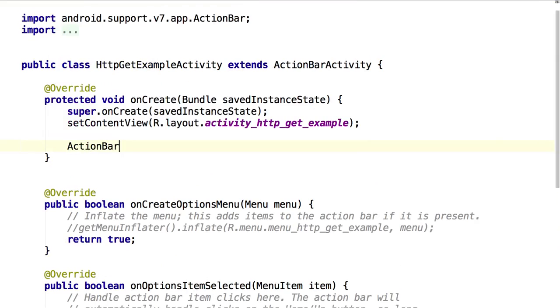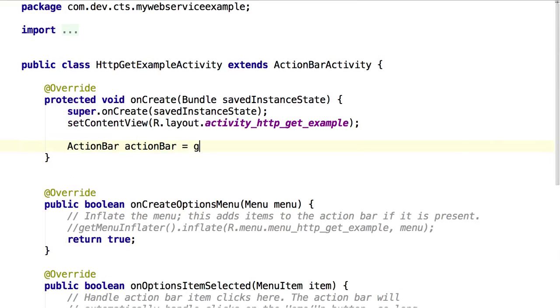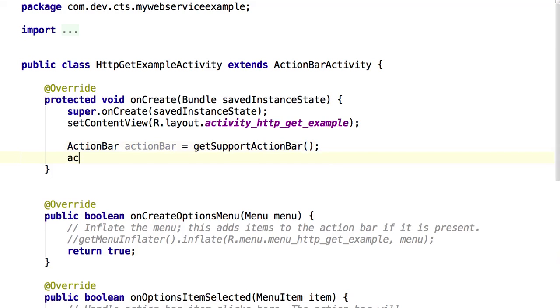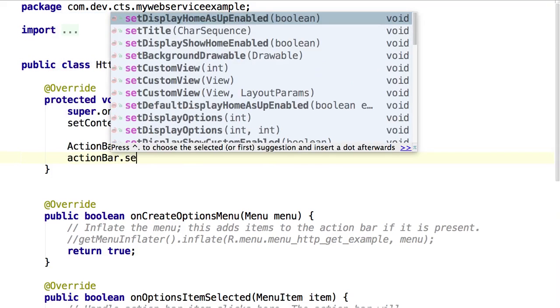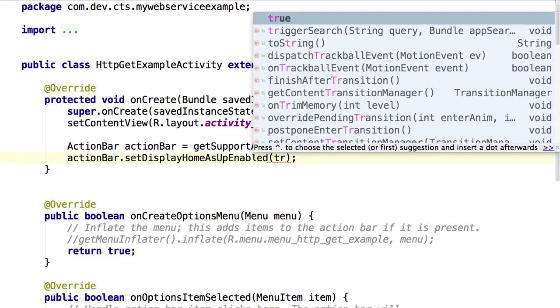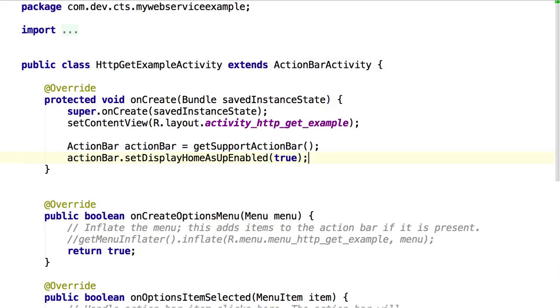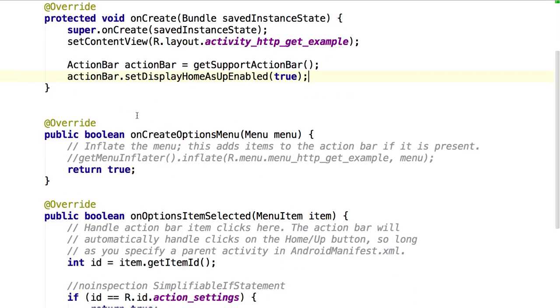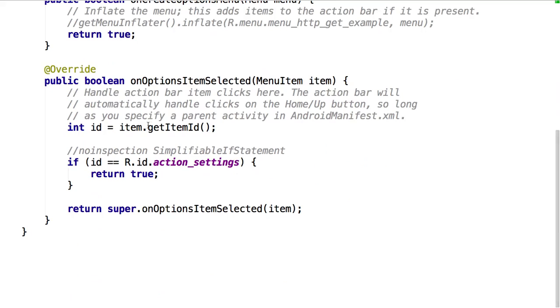Action bar support package. Set display home as up enabled. It's a pretty confusing method name. I hope it has put it. So this back button should be visible at this point. Now you can check